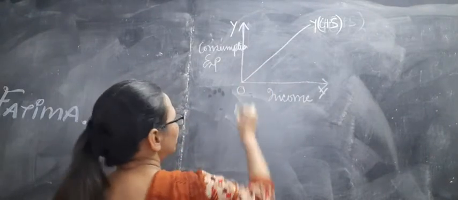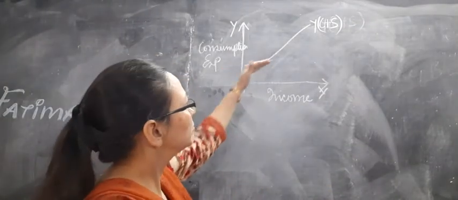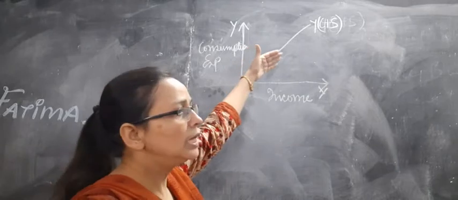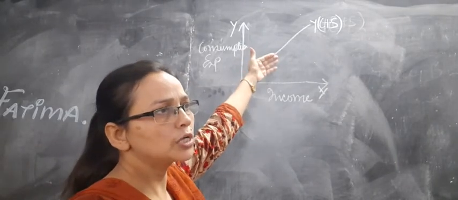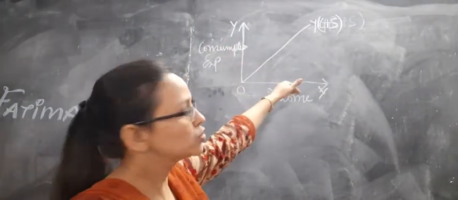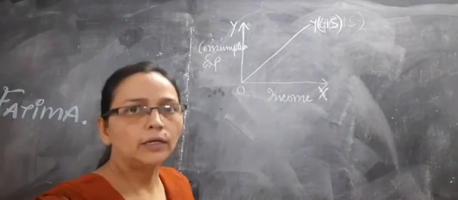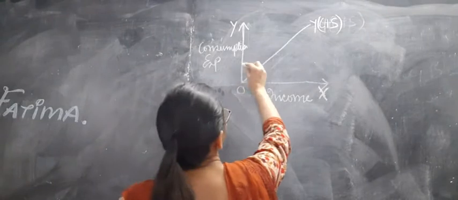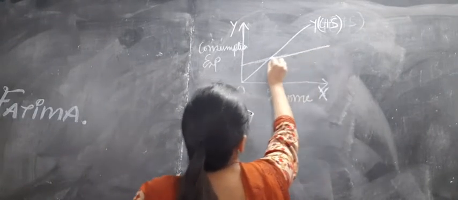We talked about it yesterday, it divides both the axes in between. That means if you measure the income from any point on this line, it can be measured from the Y axis and the X axis also, and it will come out to be the same, right?